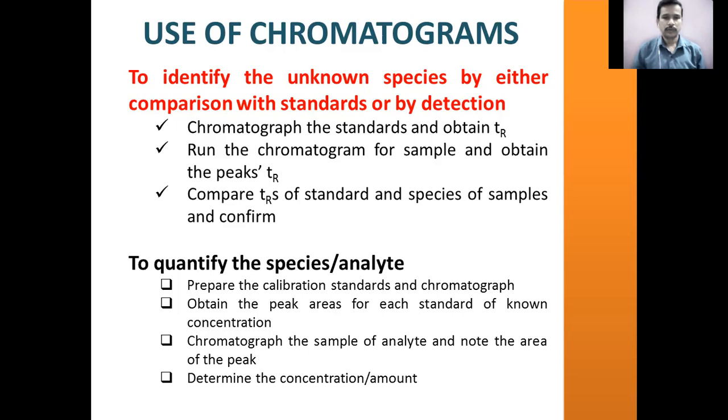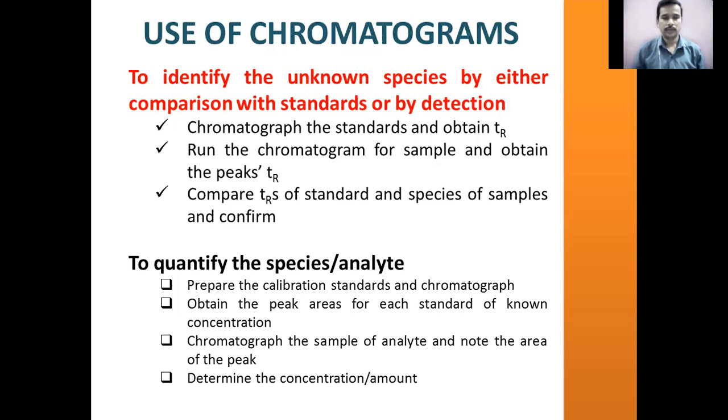So you have the chromatograms. As I told you in the earlier module, a chromatogram will contain peaks, and the relative positioning of the peaks will give us the identity of the solute. And the relative height of the peak is proportional to the concentration of the solute. So what is the concentration of the solute present in the sample? That is related to the height of the peak. If the concentration in the sample is more, then the height of the peak will be more.